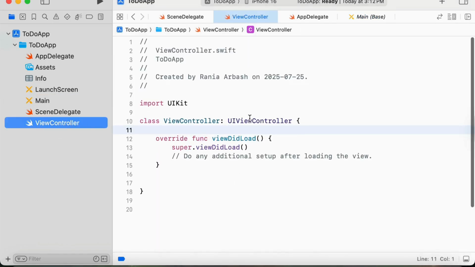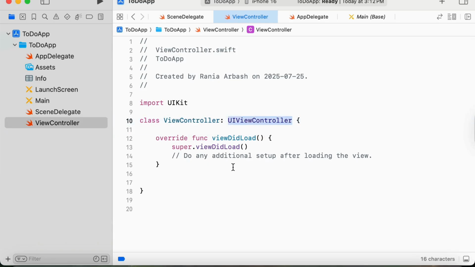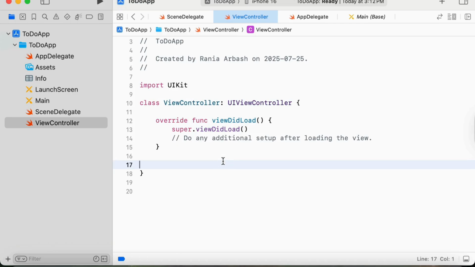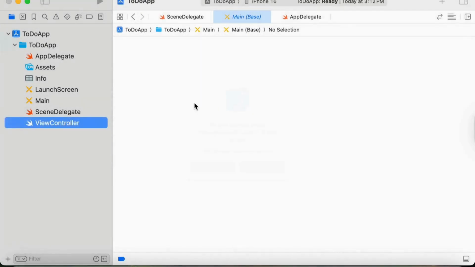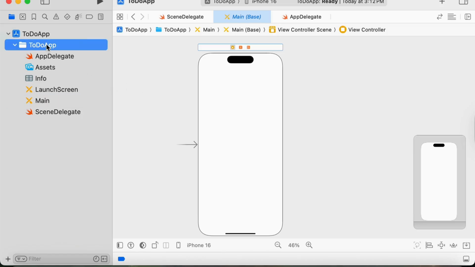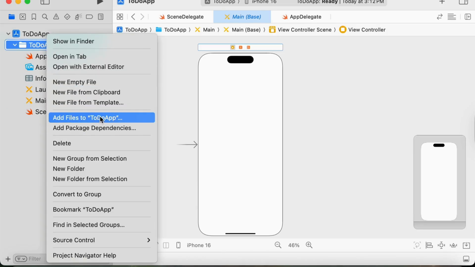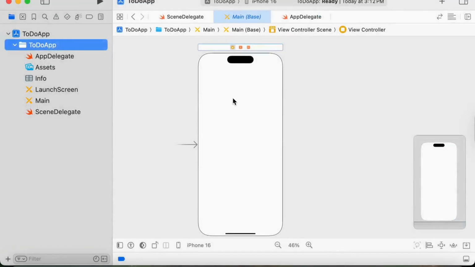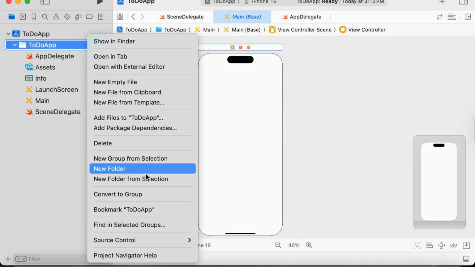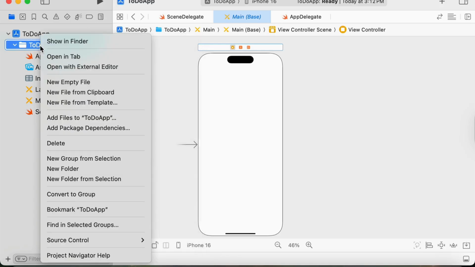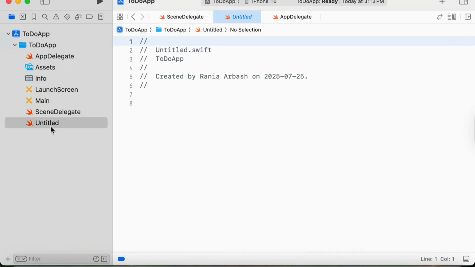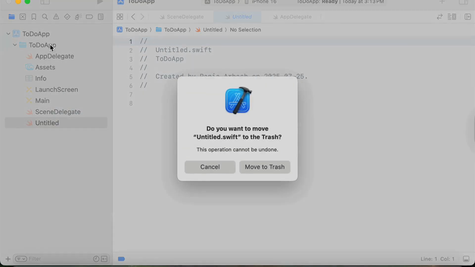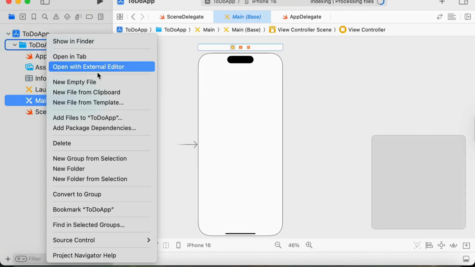So basically here I have a UI view controller, which is the class, but I need a table view controller. Because of that, I will delete this file. I will remove it and move it to trash, and I will create another file. So I will add a new file, by the way. I will add a new empty file. Sorry, not empty file. Let me just delete this. I will also remove it. I will add